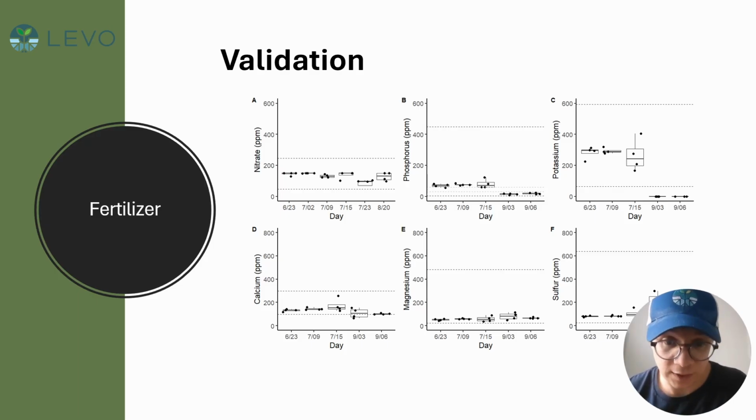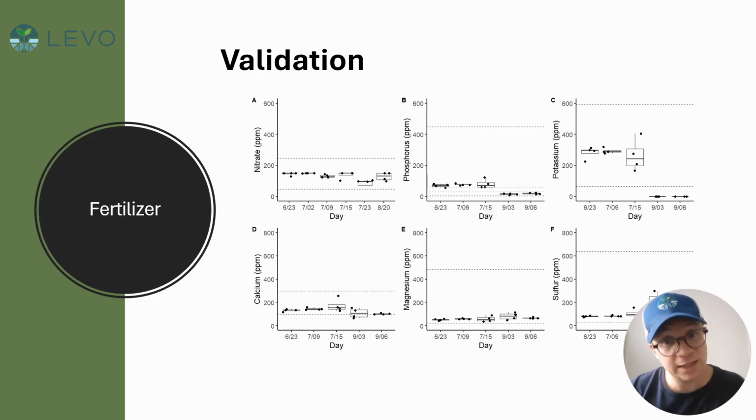And so you can see, for example, looking at nitrate on the top left in panel A, we have nitrate concentration in parts per million on the y-axis, and we have a day on the x-axis, and each of these points is a separate reading from a different system, and the dotted line is the range that we want it to be within. So we saw that throughout this sampling, it was within that range, and we see that for the most part for other nutrients, though